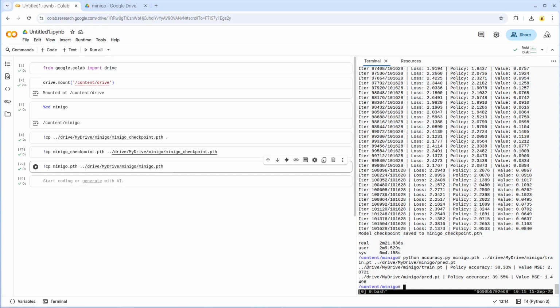Or maybe I confused the previous time. I don't even know. So first go in train that is seen, and then what is unseen. So train is this. So it was 39.19, now this is 39.55 for policy, and for value